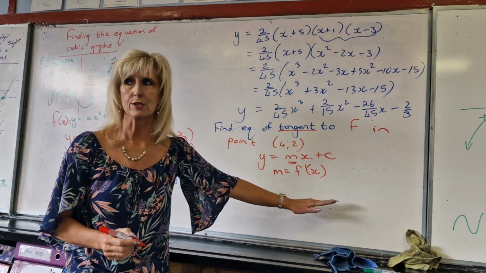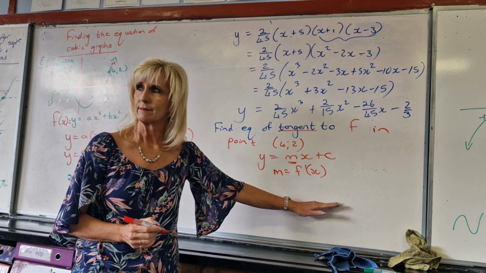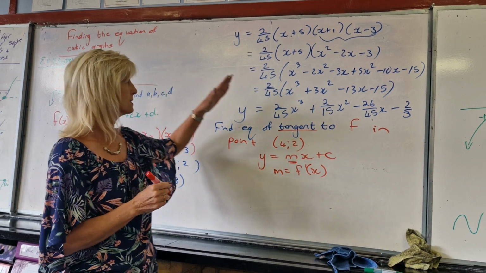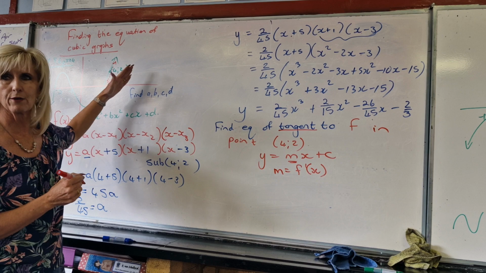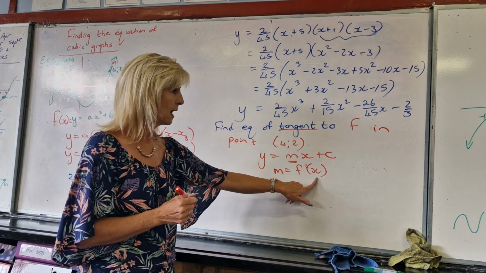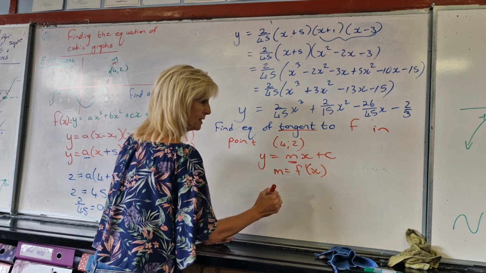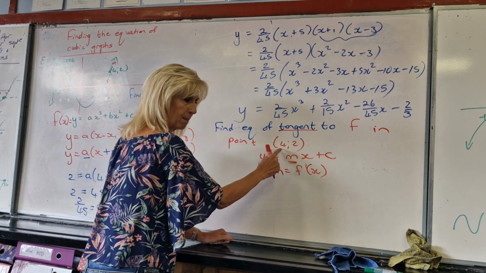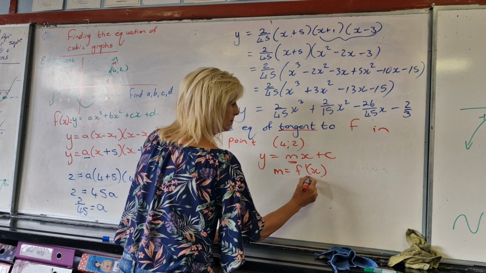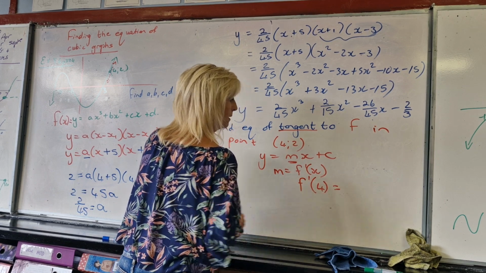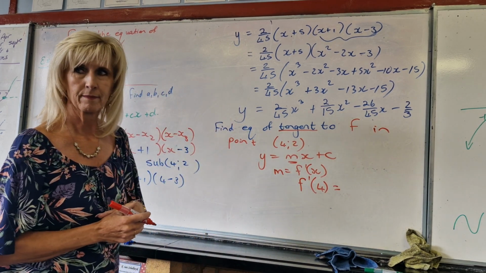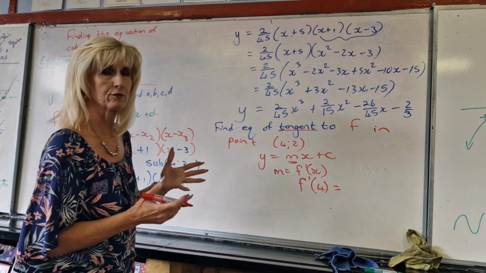But do I put it equal to 0? I'm not going to find 0 now. This is the gradient in that point, it's not going to be 0. So when I put it in, I've got to put in the value of x. I want the gradient in the point where x is. So that's why my gradient is going to be going to where? What must I do? First find your